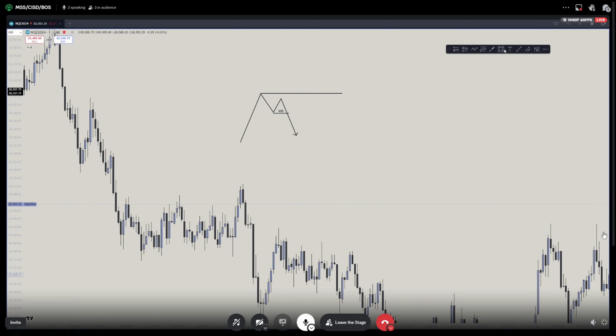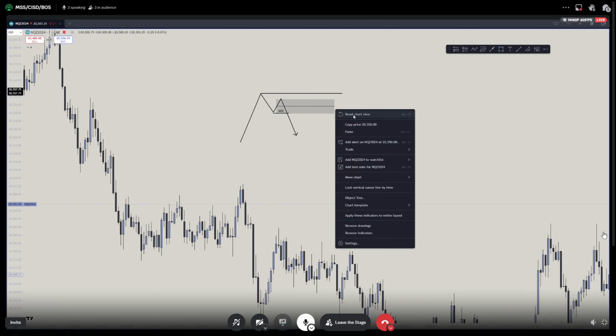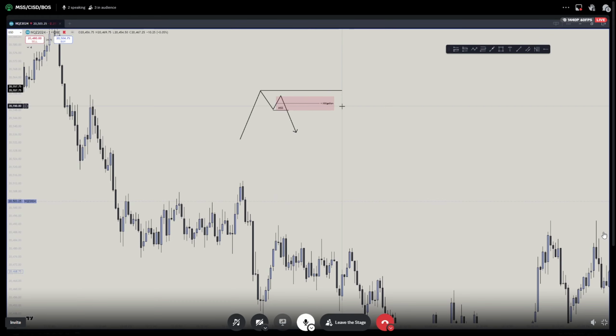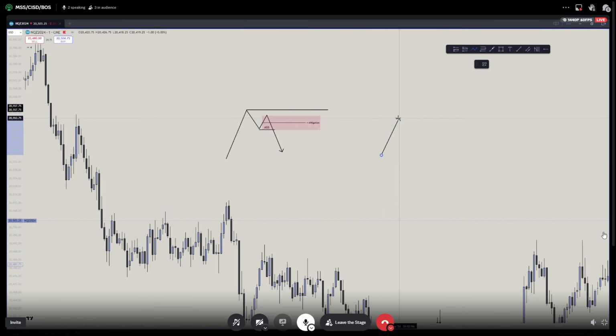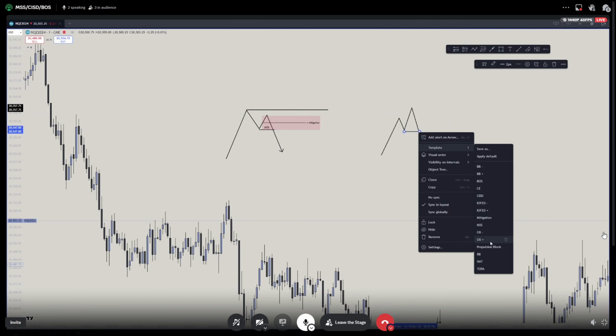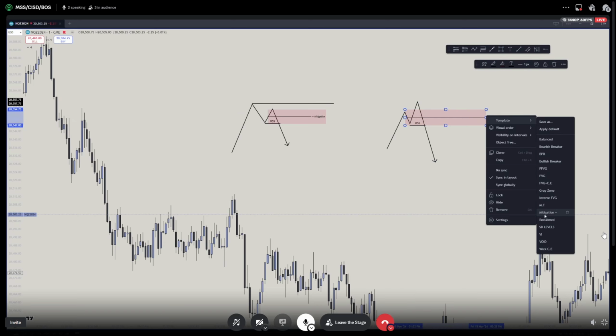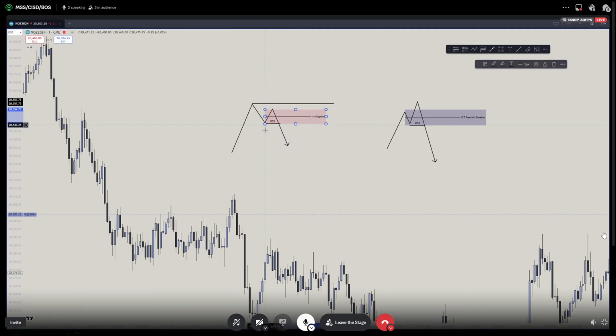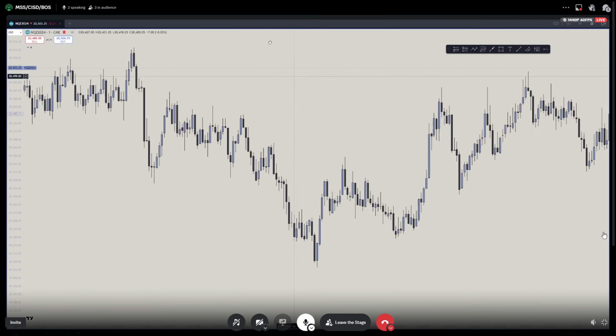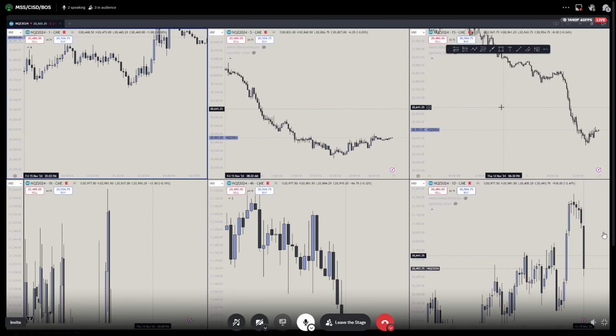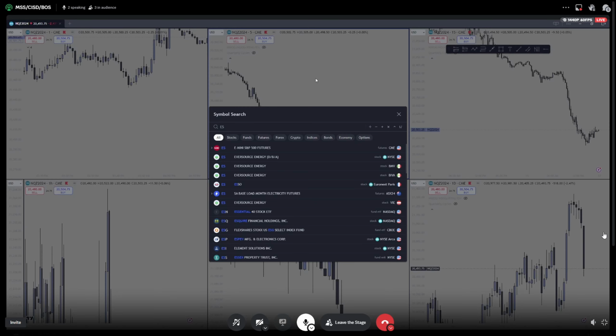And this also becomes a mitigation block, right? And similarly, if we have something like this, where we do sweep liquidity, classifying this as a market structure shift, for me this will also become a breaker block here as well, right? The idea you want to see here is one asset make this mitigation block and the other asset make this breaker block, and that's how you know that you're really in a good run here. So if we want, we can go check out ES here,